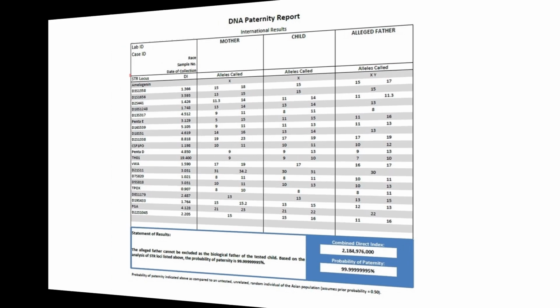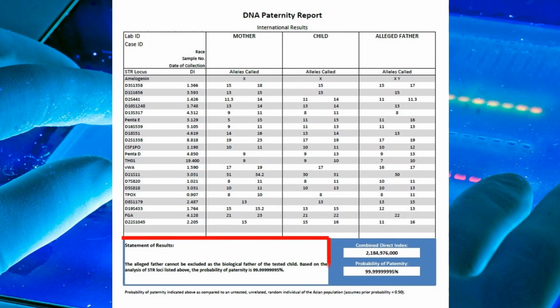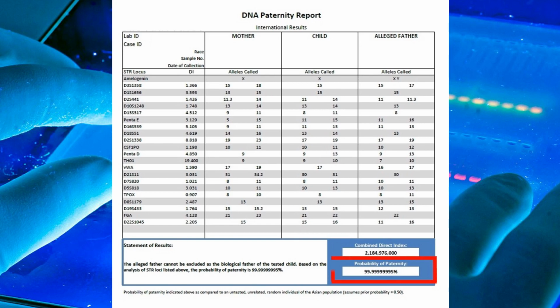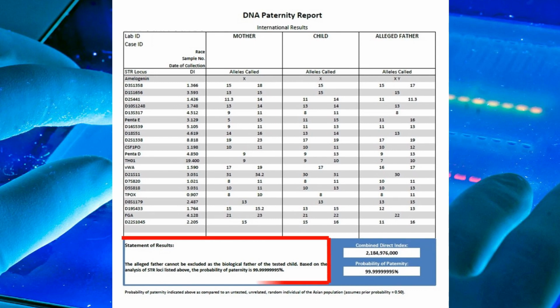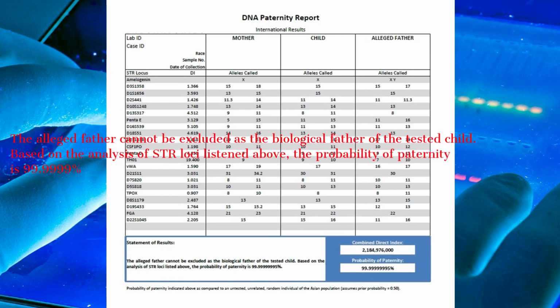In general, if the tested father is confirmed to be the biological father of the child, the result is a positive paternity inclusion. In such cases, the probability of paternity will exceed 99.9%. The statement of results in the report will state, "The alleged father cannot be excluded as the biological father of the tested child." Based on the analysis of STR loci listed above, the probability of paternity is